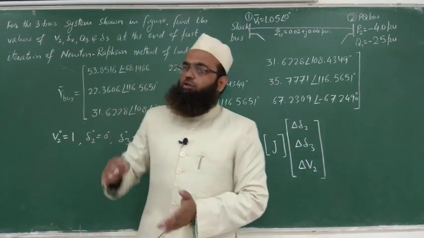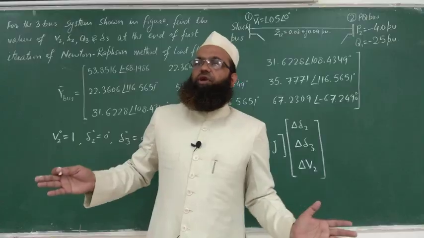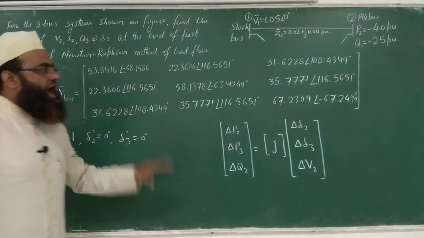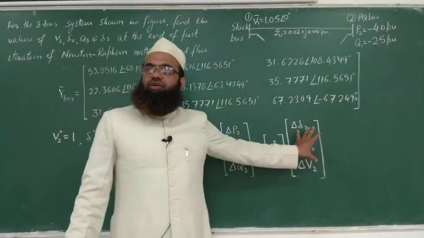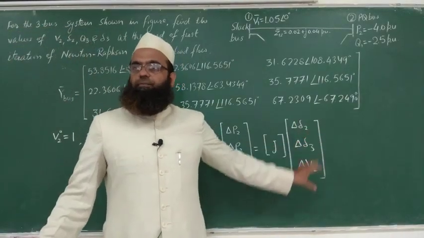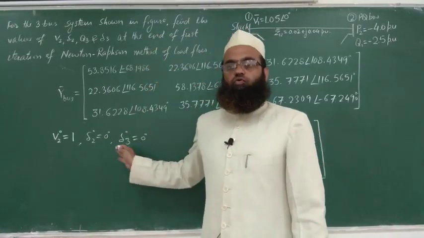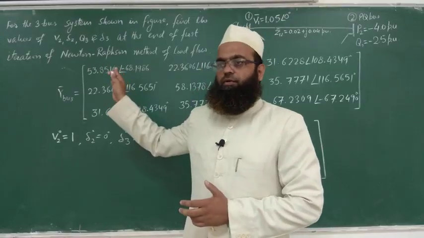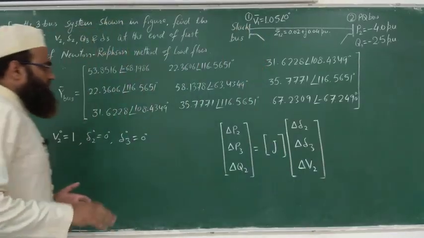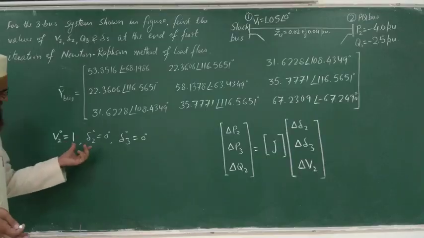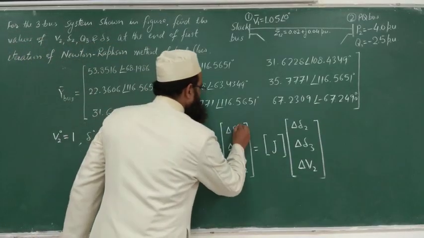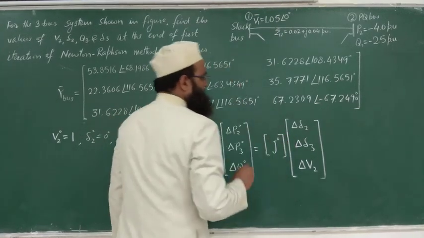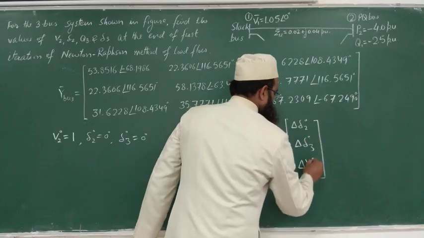If you are talking about first iteration, before that you have assumed the values of the variables, so you will add the obtained corrections after first iteration to the assumed value, so that you will get the values of the variables at the end of first iteration, which has been asked in the problem, right? So for the first iteration, you need to evaluate these zeros. This will also be 0, you write here. So you will get these 0 values.